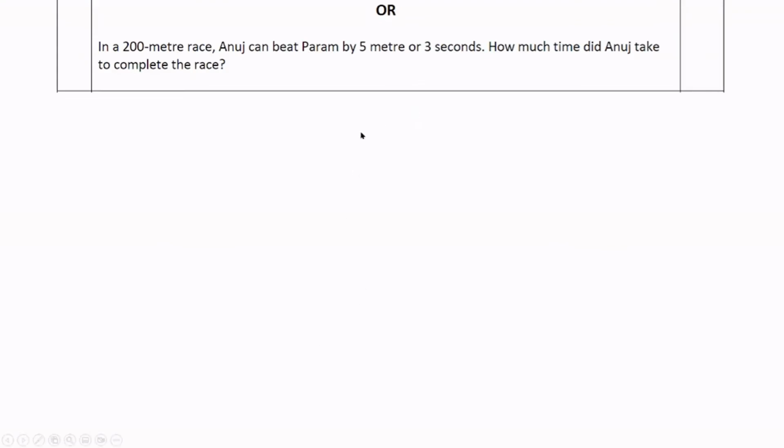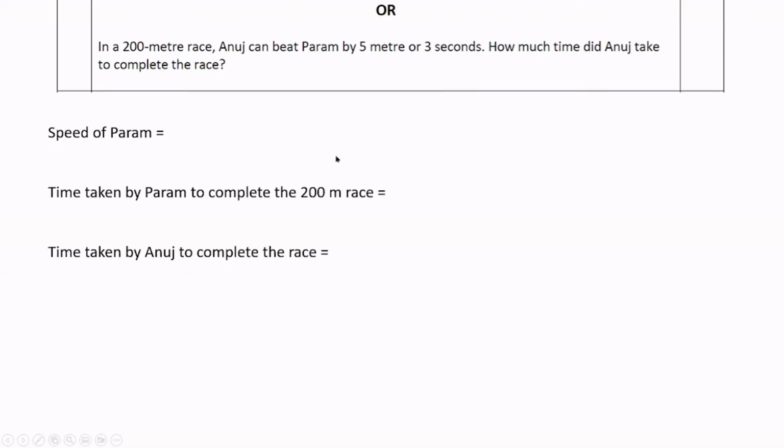This is the OR part of the same question. In a 200-meter race, Anush can beat Param by 5 meters or 3 seconds. How much time did Anush take to complete the race? So here it is given Anush can beat Param by 5 meters or 3 seconds. So from this we can find the speed of Param. It means Param travels 5 meters in 3 seconds. So speed of Param is distance by time. So it is 5 by 3